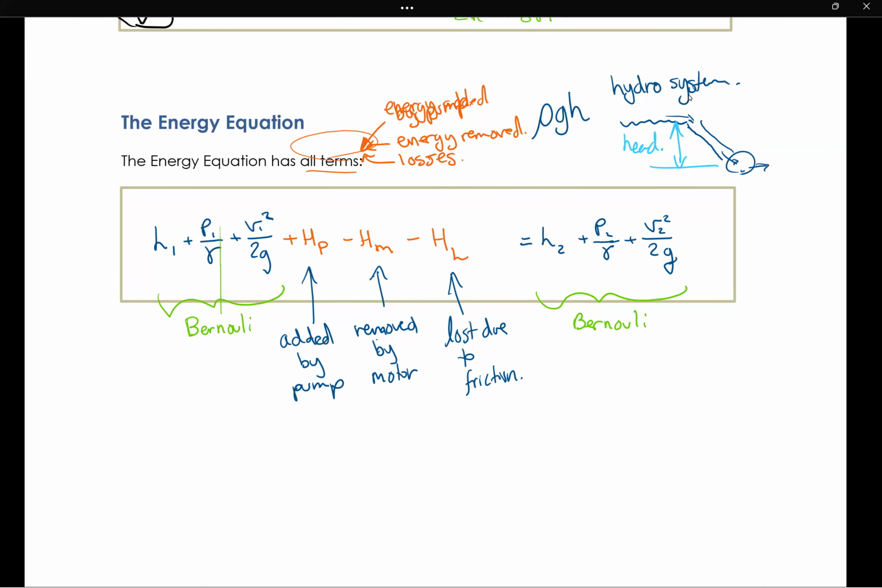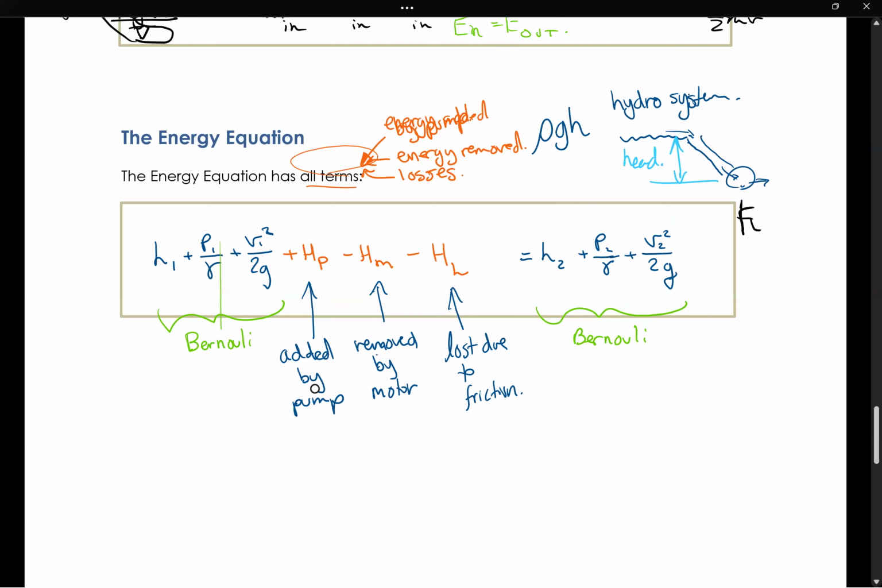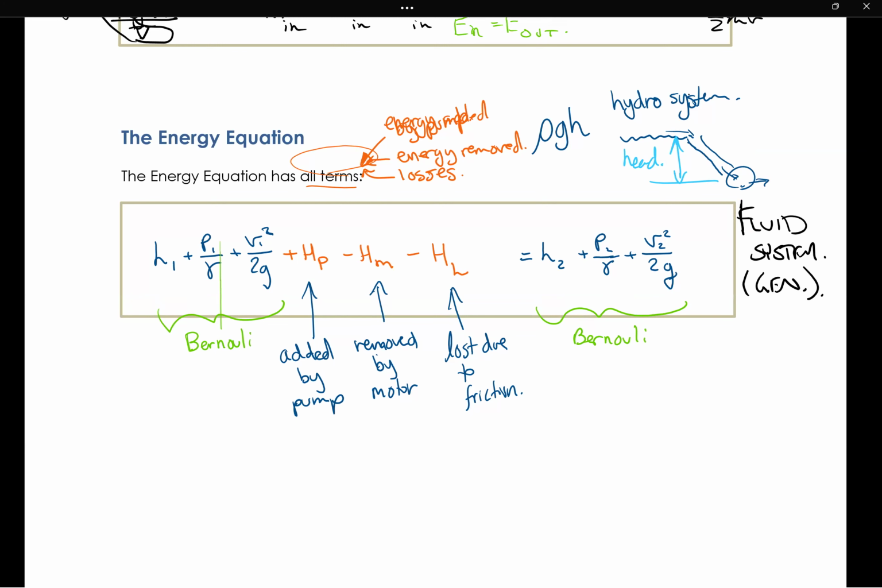Here's an energy equation for a fluid system. In general, this is a general energy equation. Again, energy equations just means E in equals E out. And in general, a fluid system,